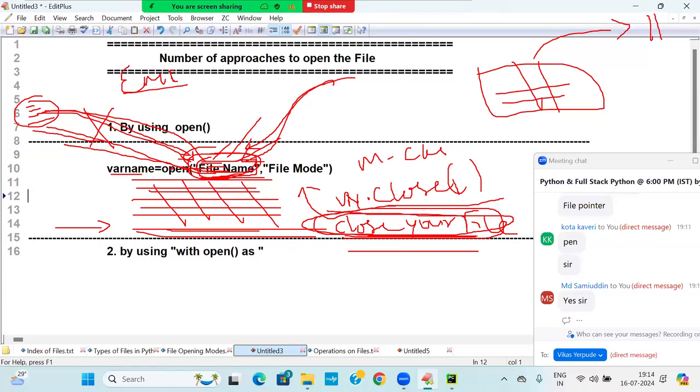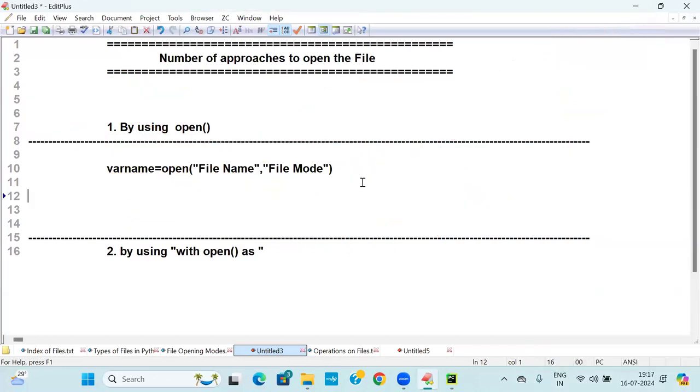That means once you open the file with open, it is recommended for you to close the file compulsorily. That is known as manual closing, which is required in syntax number 1. Clear or not clear? Good. But